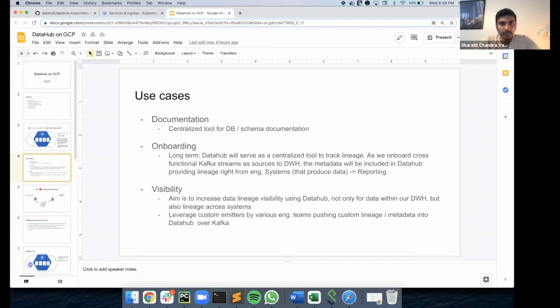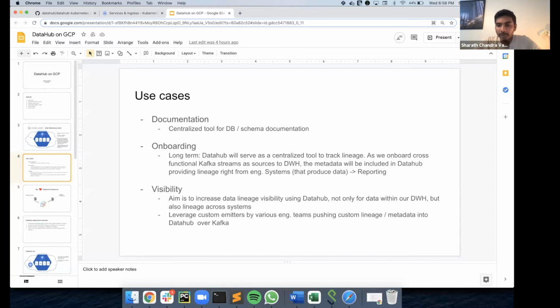And what are the use cases? Like we said, we have these different layers and we want to make sure that anyone who looks at this data has an understanding of what this data represents, what schema it represents, and just at a high level, even column and table level descriptions. I think documentation is an essential part. We want to make sure that it's centralized and visible to anyone who wants to use the data.